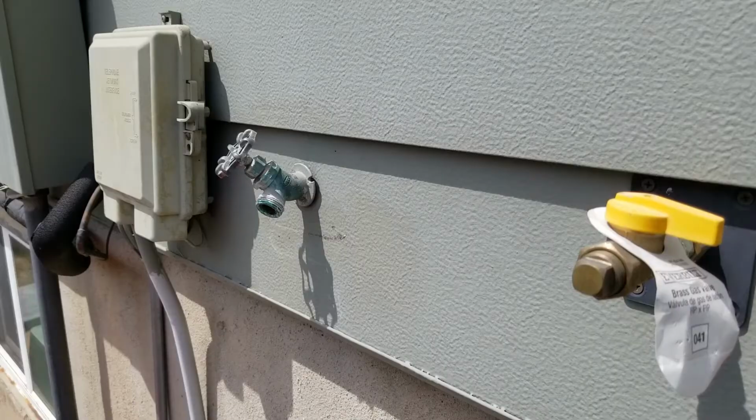So what you can do is put Teflon tape around the faucet threads and then put on your aluminum hose, and 3 months later, 4 months later, you'll be able to get it off. So I'll show you what I mean. So here's the faucet,